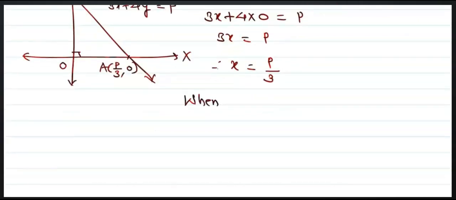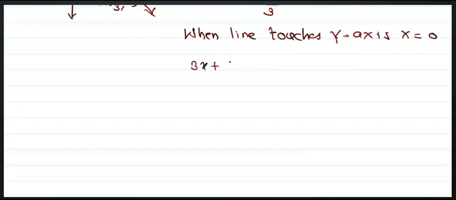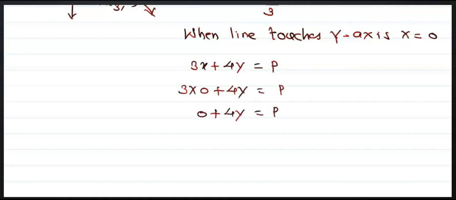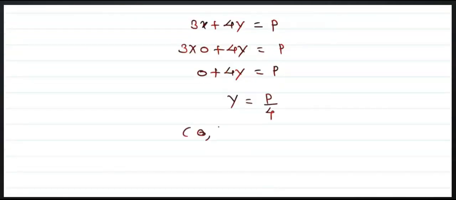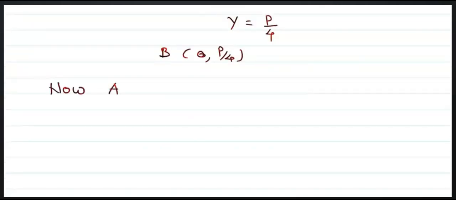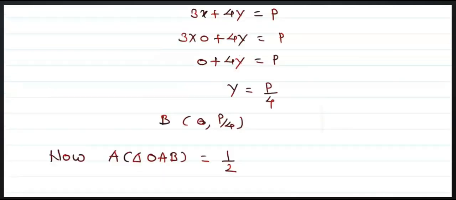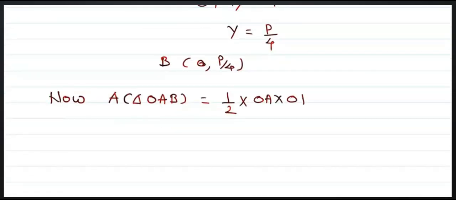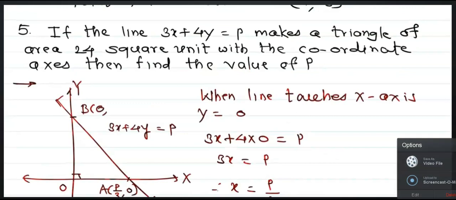Now, when this line touches the y-axis, put x equal to 0. Then 3x plus 4y is equal to p, and therefore y is equal to p upon 4. Therefore, we have another point of intersection on the y-axis, 0, p by 4. Now, the area of the triangle OAB is equal to 1 upon 2 OA into OB. This is a right angle triangle, and therefore